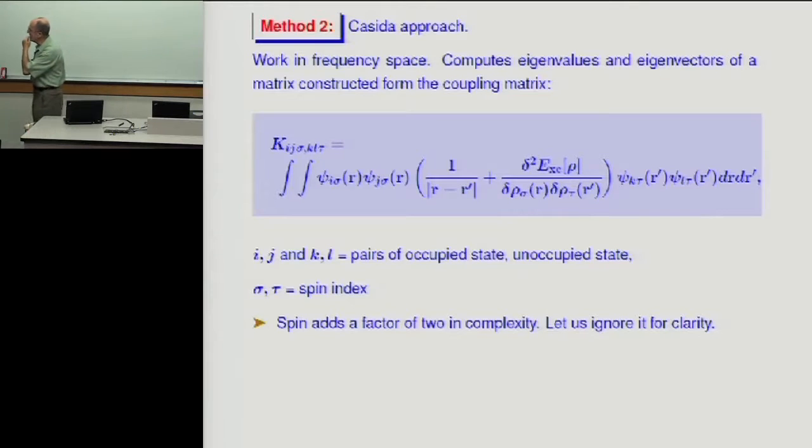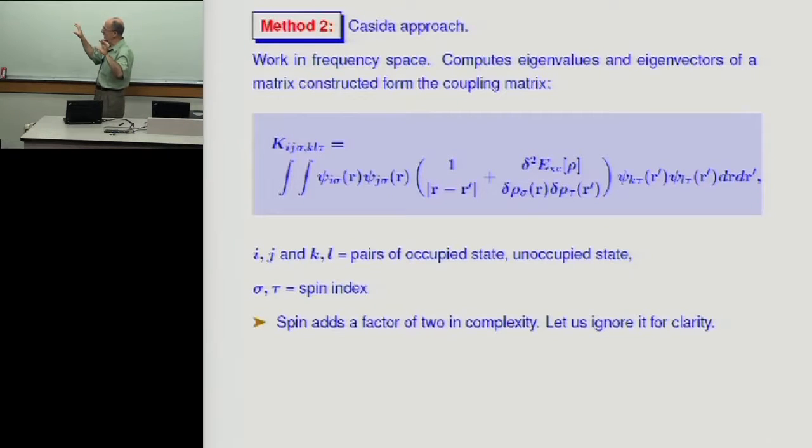Now, what is this integration you have here? You have those two orbitals, psi i and psi j, and then on the other side you have k and l. Those are your two pairs that you're considering. And for each of those, you have to compute an integral like that. And then you have this 1 over |r minus r prime|. That is a Green's function. So you can think that maybe there's some Poisson solve. You could do this with a Poisson solver.